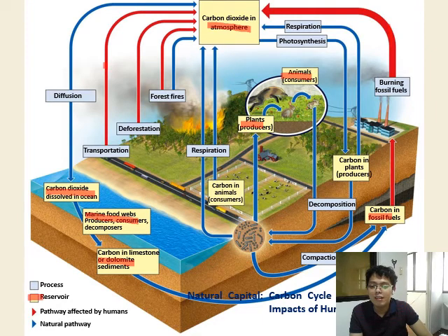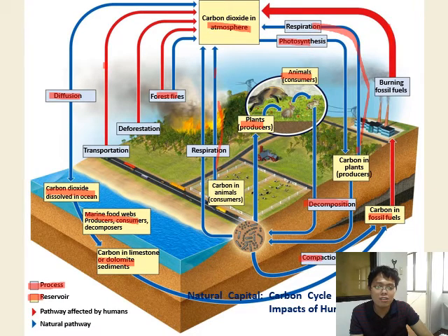So how do they cycle? The natural processes by which carbon is cycled include, for example, diffusion. From the atmosphere, it is diffused into the water in oceans, rivers, and lakes. And then also forest fires. Then we also have photosynthesis by plants, and then respiration by plants and animals as well, the consumers. And then we also have decomposition. When organic matter that contains carbon compounds is decomposed by decomposers, this carbon is released into the soil and even into the atmosphere,